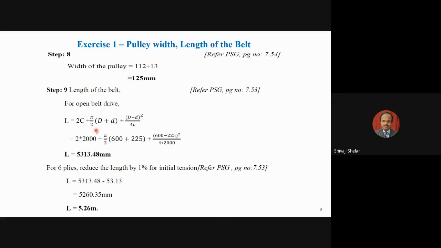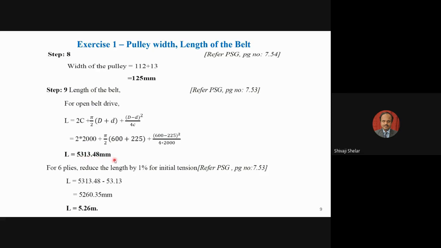The length formula is also available in the PAG data book: L = 2C + π/2 (D + d) + (D − d)² / 4C. Let's take all these dimensions in millimeters. C is 2000 millimeters, so 2 into 2000. D is 600 mm and small d is 225 mm. So π/2 (600 + 225), then (D − d) squared: (600 − 225) squared upon 4C, 4 into 2000. So the theoretical length of the belt required here is